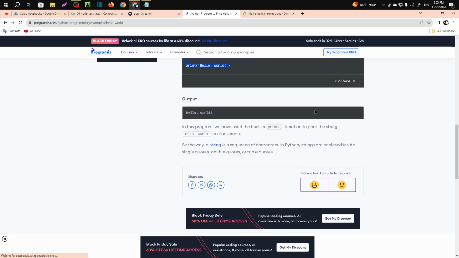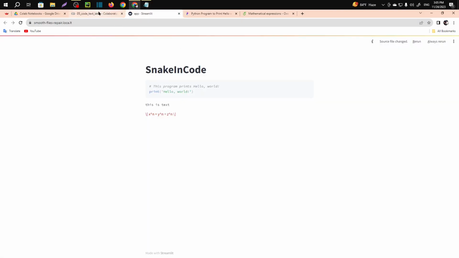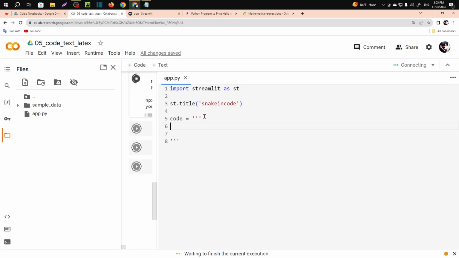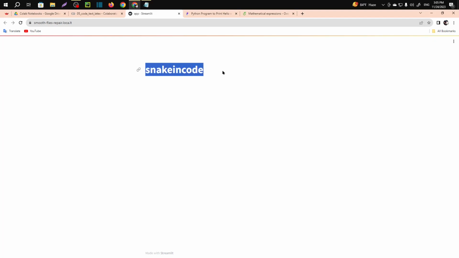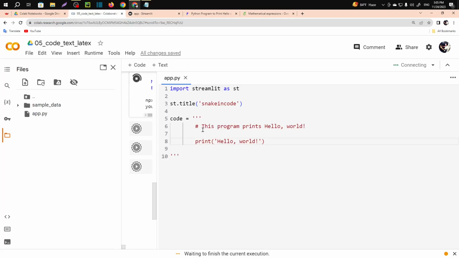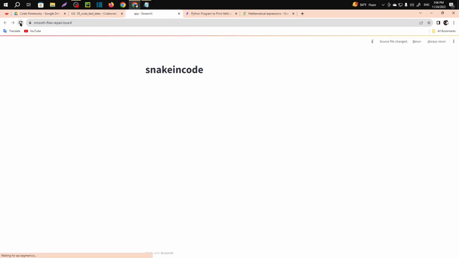Just copy and you have to be careful about the indentation. Okay, now if I reload it, you can see this is our title, but the code is not displaying because we haven't called it. In st.code, we have to pass the variable we made. Okay, now if we reload,